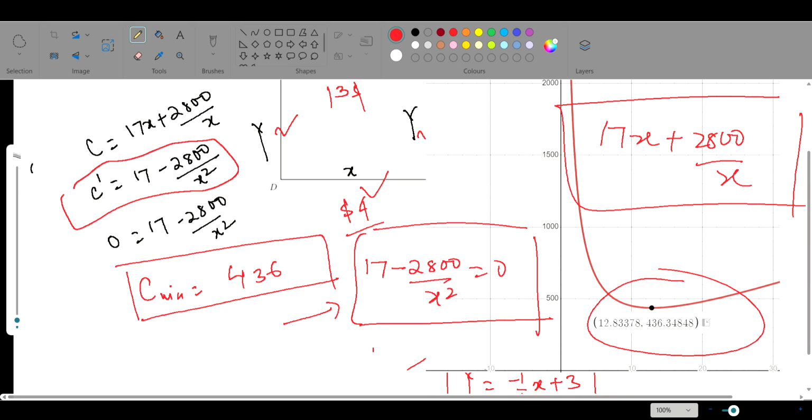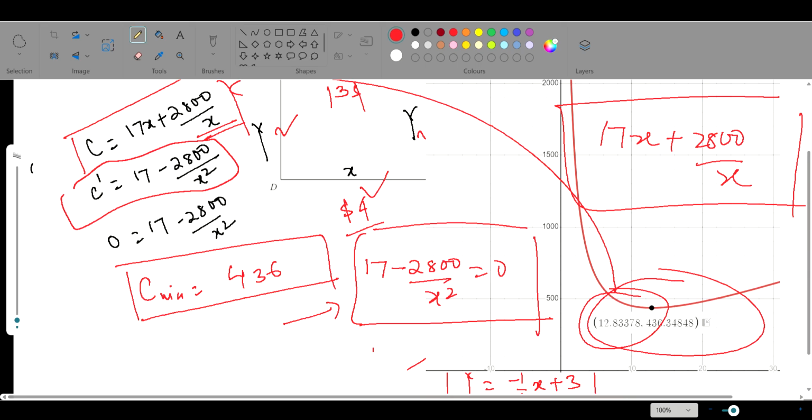So when you solve it for 0, you get some x value. Yeah, x value is 12.83. That is the minimum x value, and you need to substitute that x value in the given function to find the cost. To get the cost function, and